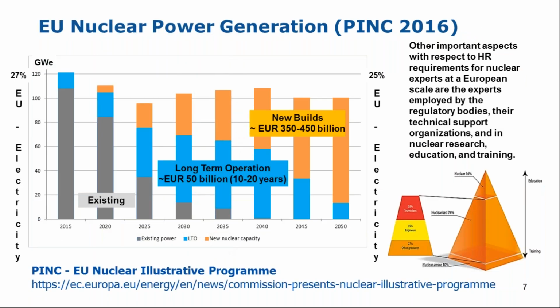So what should be the future? Well, you've probably seen the Nuclear Illustrative Program publication in 2016. Today we have something like 129 nuclear power stations running. These are usually 30, 40 years old, and this means that if we follow with a long-term operation, then there will be research activities supporting this. So long-term operation is mentioned as the extension of the existing lifetime of the nuclear power plants, and this will need R&D support. But also, if you look at 2050, decisions will have to be made concerning new build, because